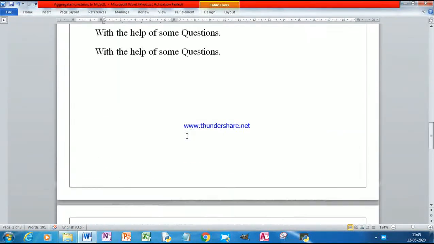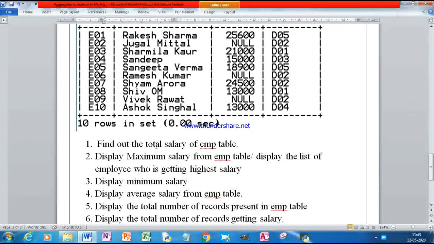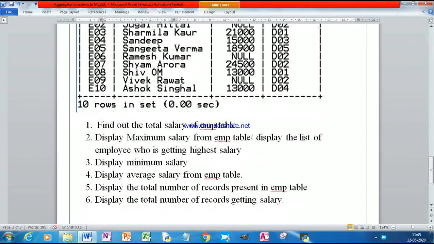Let's do the questions one by one. First question: find out the total salary of the EMP table. Second, display the maximum salary from the EMP table, or say display the list of employees who is getting the highest salary. Third, display the minimum salary. Fourth, display the average salary from the EMP table.